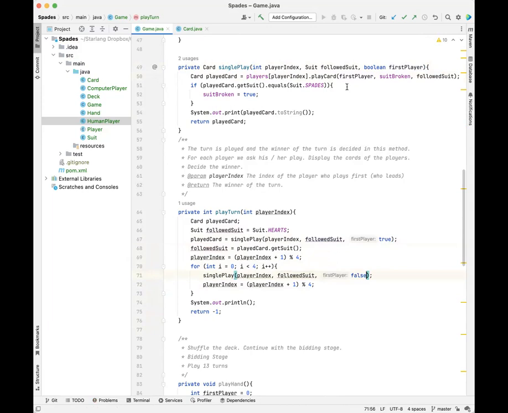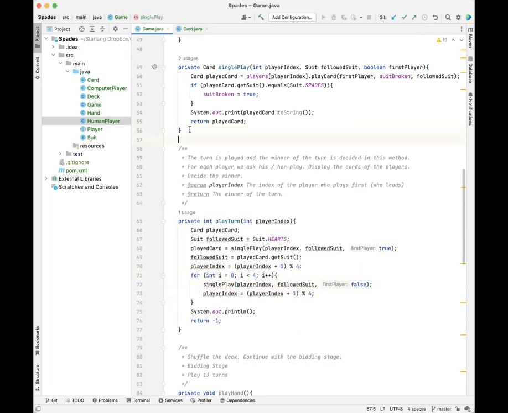Okay, so that's the thing we do. So each player will do a single play and follows the followed suite. And then we get the followed suite, and the player index is mod 1 incremented, and then we have the single play, and at the end we